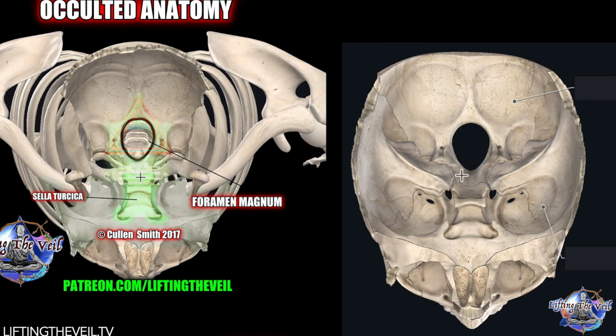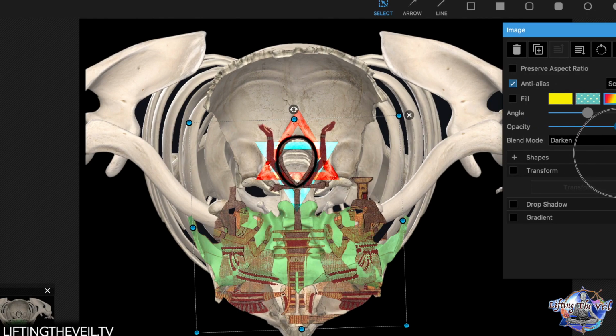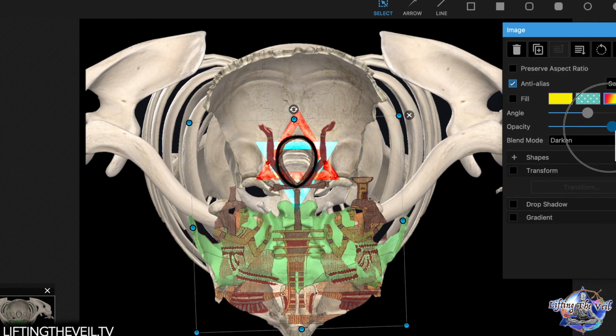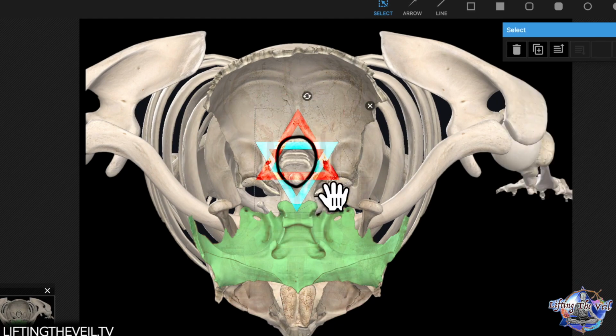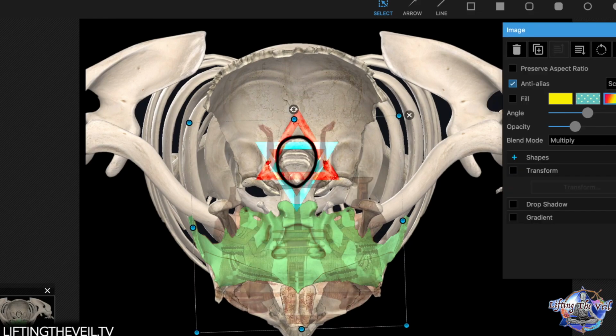And as I've shown here, the cranial floor, what is known as the superior cranial fossa, which is an above view of the cranial floor, we're seeing the exact symbolism here, which I will show you my other graphics of how I've discovered that it's exactly the symbolism of the Ankh, with the Jed pillar as well, the Jed pillar upheld with the Ankh on top, complete with a perfect hexagram of the Jed pillar upholding the Ankh and the sacred Ru, the foramen magnum, with the star tetrahedron, or the sexagram, the sexagesimal, the star tetrahedron, hexagram,